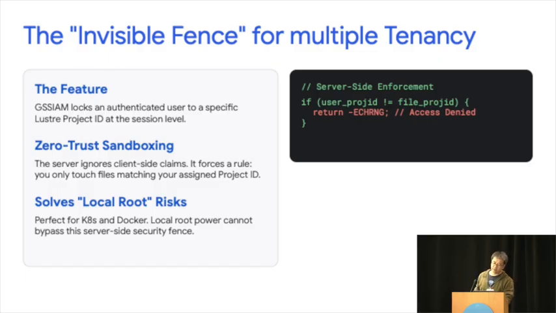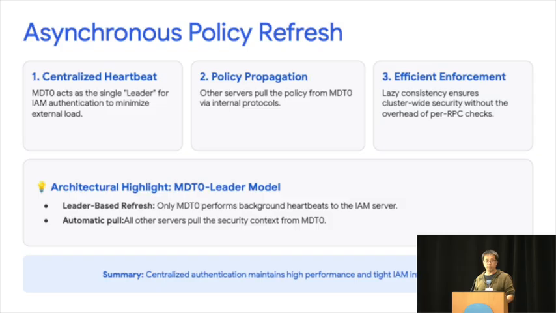Also, for this IAM policy, because you might change the IAM policy at any time, and sometimes in this cloud environment you cannot remount the file system, when you change the IAM policy the customer doesn't want to be interrupted. So for this case, we start a background process. We actually changed the upcall cache, but that's too detailed. So we start a heartbeat background process. It will talk to the external IAM server to refresh this policy